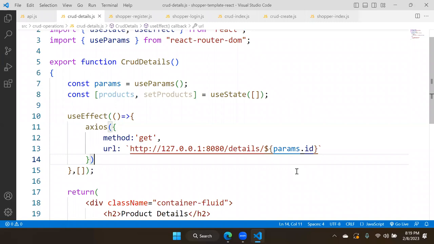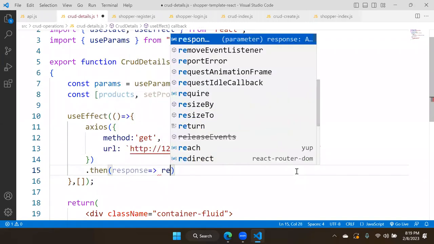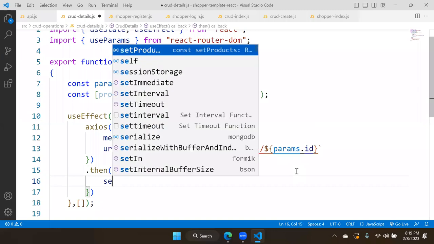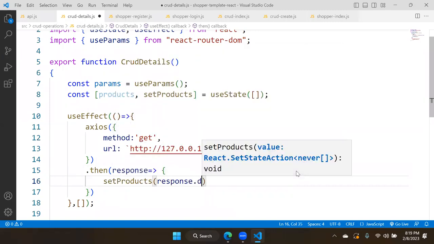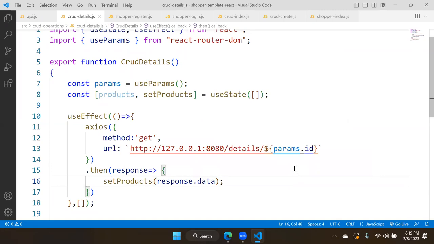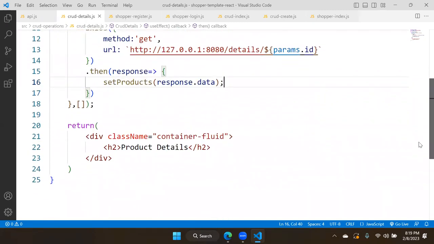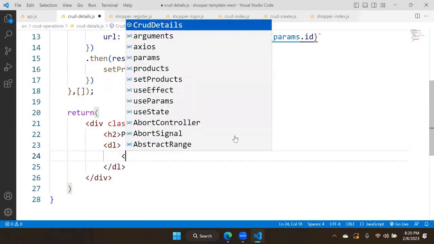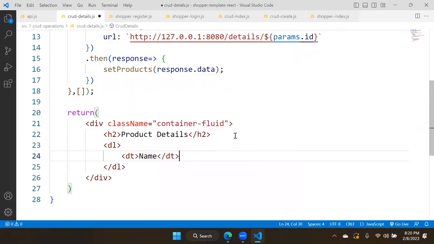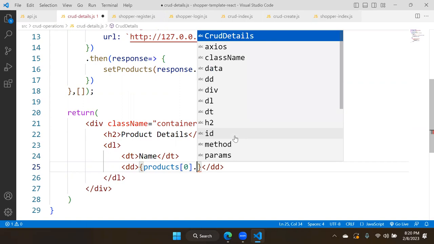And what we will do then, we have response implies. So we need to set products equal to response.data. Actually, it is an array. In that array, one product is present, then I can put here data list, data term. Here we want name, data definition. Actually, it is products[0].name,